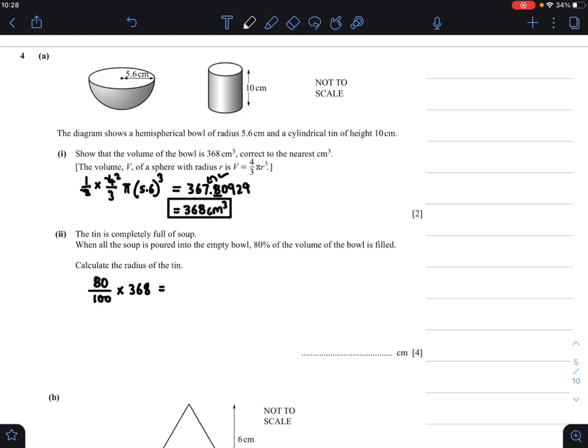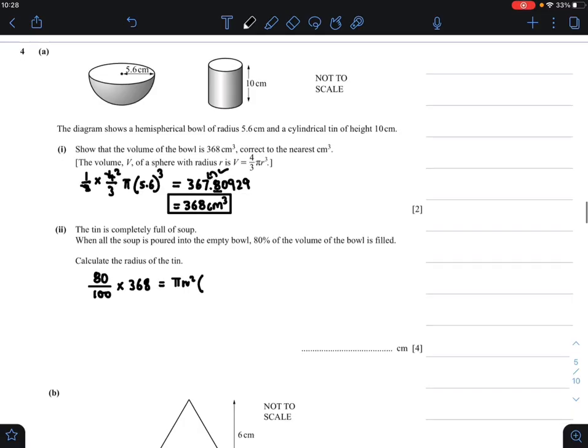Now the volume of a cylinder is equal to pi r square h. Now we have to find the radius, so we leave r as it is and h, as they've given it to us in the question, as 10 centimeters. Now all we need to do is solve for r. So we can cancel the 0 and the 0. So now 8 divided by 10 multiplied by 368, and if you take the 10 to the other side of the equation, it will become division. So divide by a further 10. So therefore pi r square is equal to